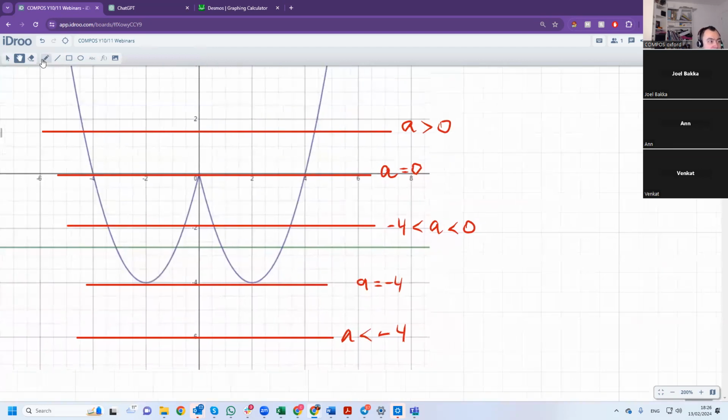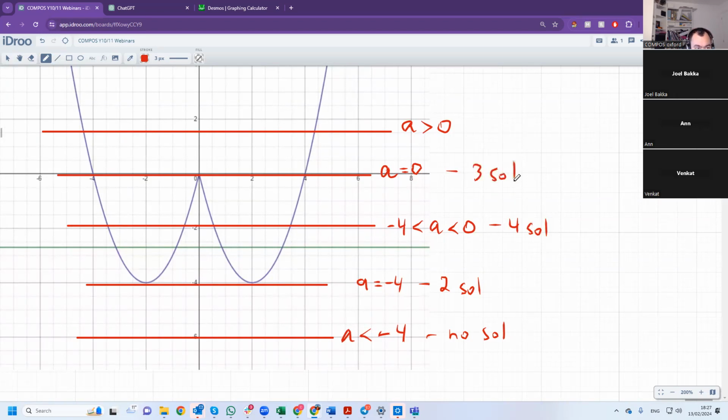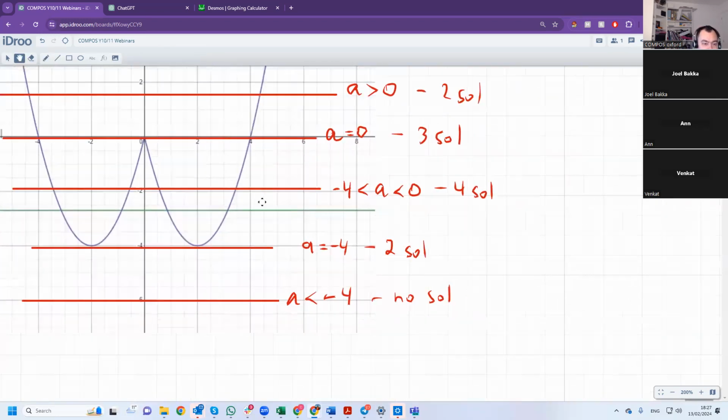Now here we have no solutions. Here we have 2 solutions. Here we have 4 solutions. Here we have 3 solutions. And here we have 2 solutions. So the answer